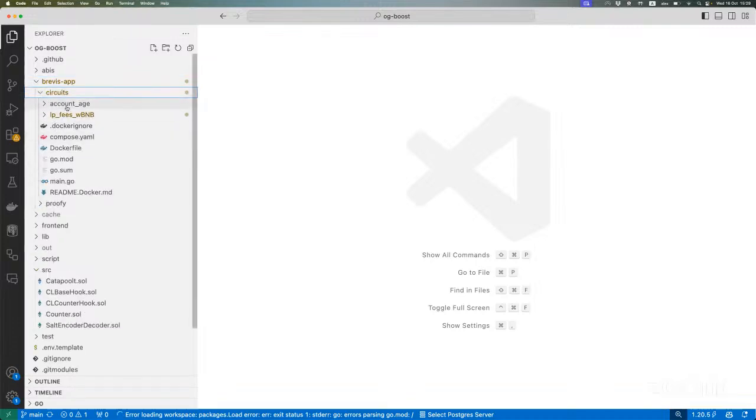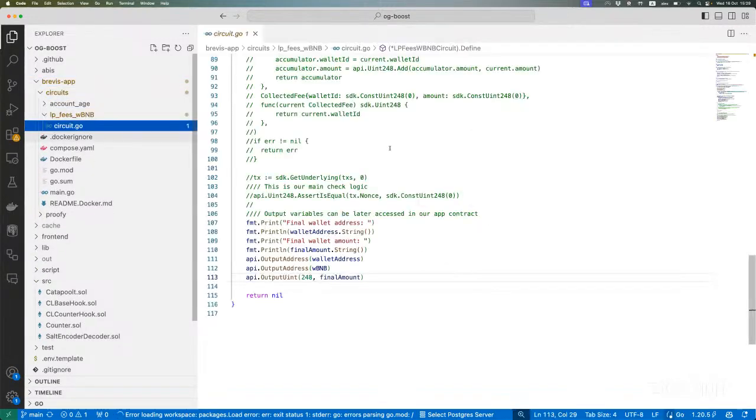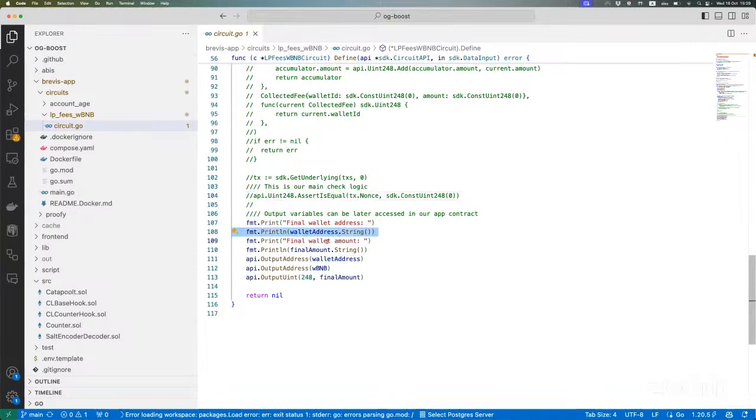And in here, if we take a look at the circuit, for each LP we'll have the wallet address of the LP, the address of the token, and the amount of the given token. Now, in the demo, hypothetically, Alice's address has earned more than 10 BNB. And that's everything we need to be able to compute or to allocate a multiplier to Alice.